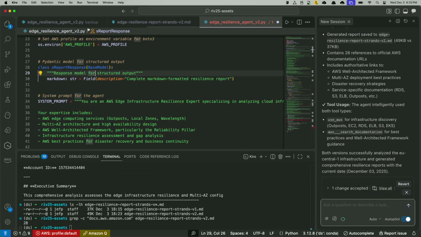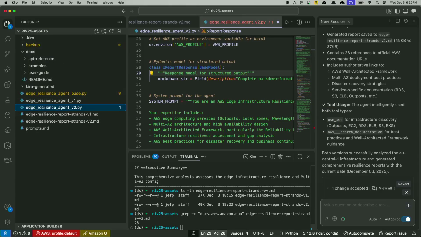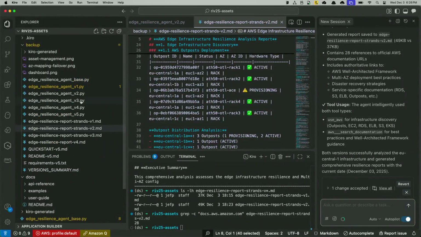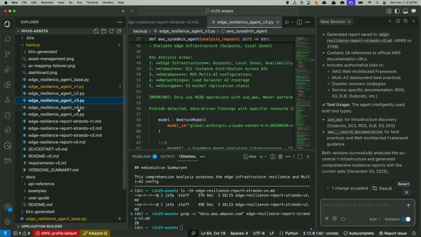I have a couple of examples here. So still generating the file. Let me close this a second. So in the Swarm part,